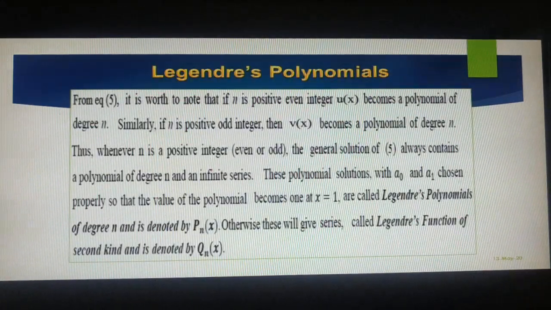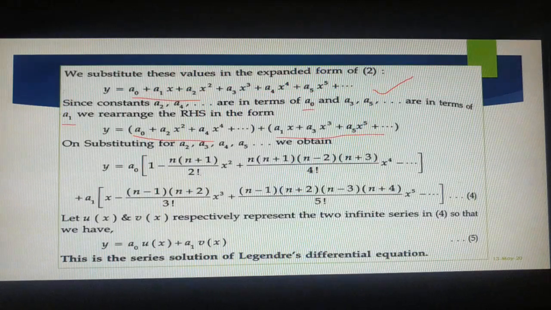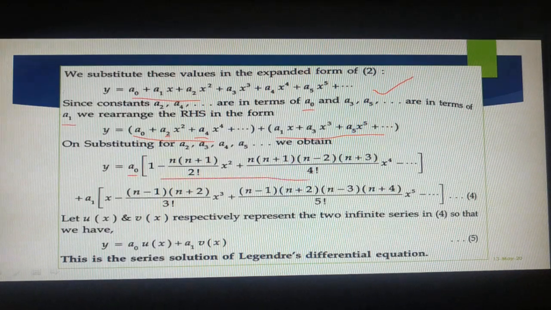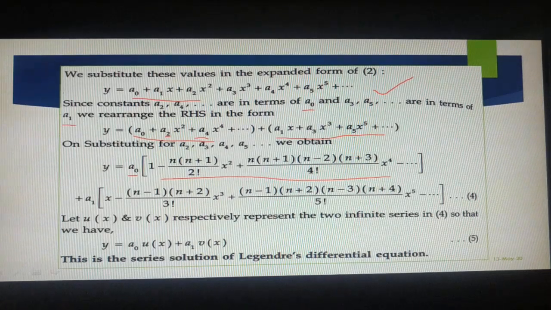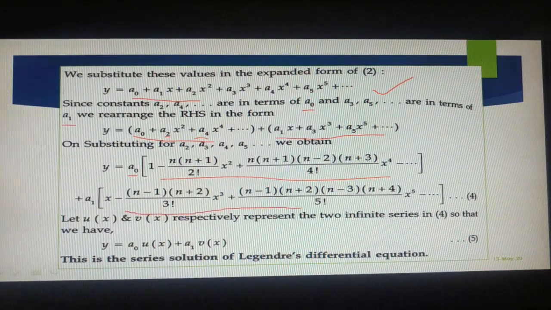So when we are writing all in terms of a0, here a2, a3, a4 also in terms of a0, I can take a0 as common, and the remaining whole thing will be in the series form. Similarly, here also a3 and a5 we are writing in terms of a1, so that a1 comes as a common, and the remaining whole thing we can write in series form.